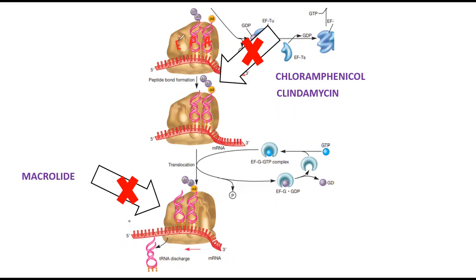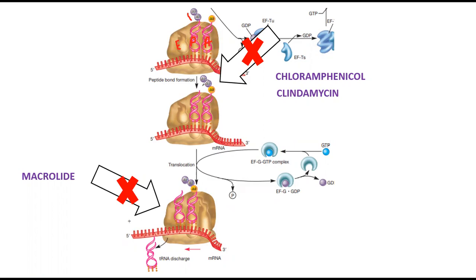Okay, the 50S. So what does it do? For example, if we have an amino-acid-loaded transfer RNA at the A site, the acceptor site, and we also have a loaded transfer RNA on the P site, what will it do? The amino acid chain present on the transfer RNA at the P site will combine with the new amino acid. Just look here, these two amino acids will combine to this yellow amino acid. So this is basically peptide bond formation, and it is known as transpeptidation.